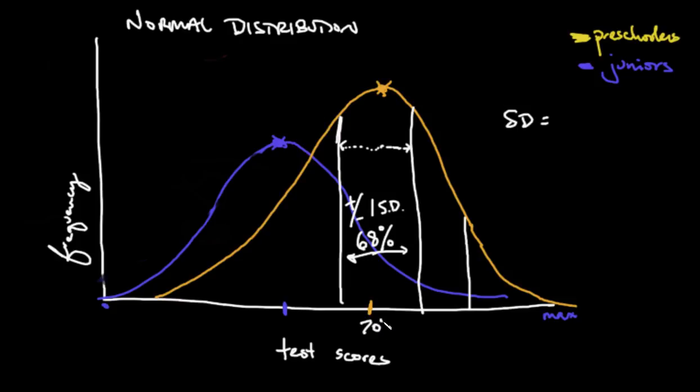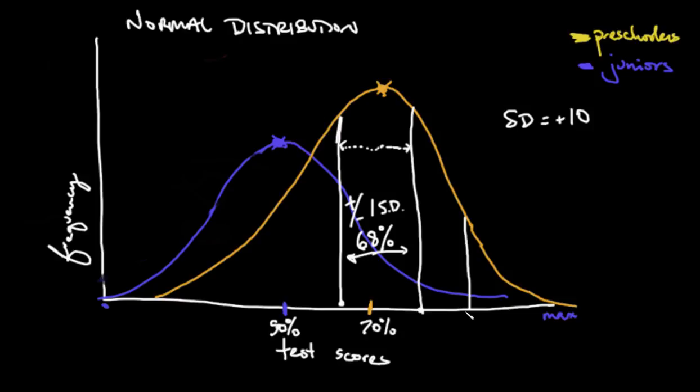So let's say that's a 70%, and this is a 50%, right? So let's say that the standard deviation is plus or minus 10, right? So this line right here would be at 80 and 60. So 68% of the scores fell between a 60 and 80%,